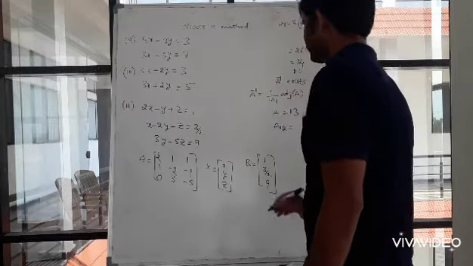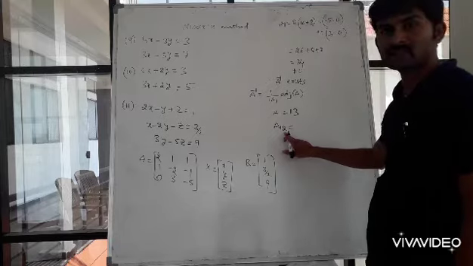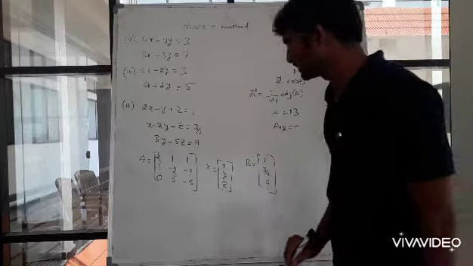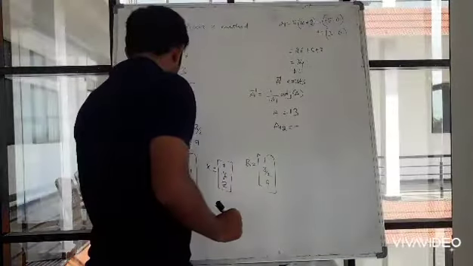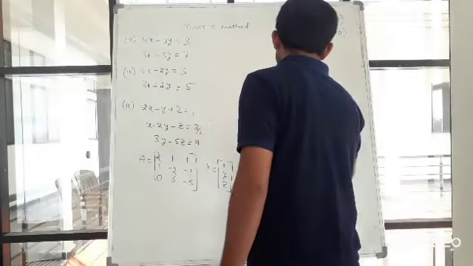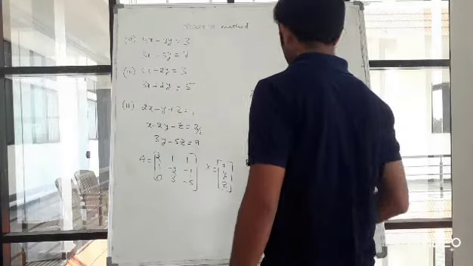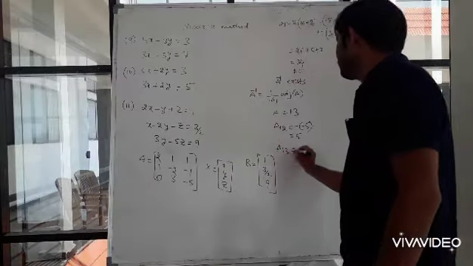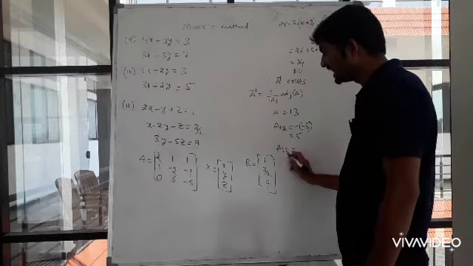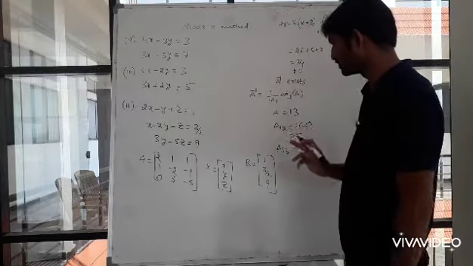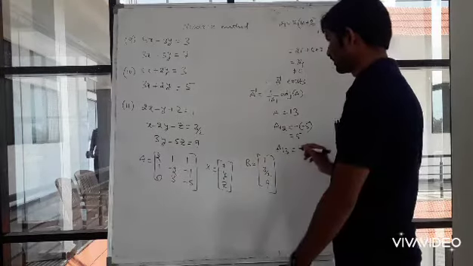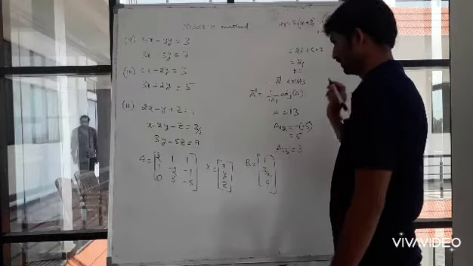A12. Here 1 plus 2 is odd number. So minus 1 raised to odd means minus will come. So minus sign, right? Then leave this column and row. Minus 5 into 1, minus 5, it will be 0. So into bracket minus 5, which is equal to plus 5. Then A13. A13 is equal to, yes, 1 plus 3, even. Minus 1 raised to even means positive. So then leave this column and row, simplify this determinant. 3 minus 0, it will be 3.